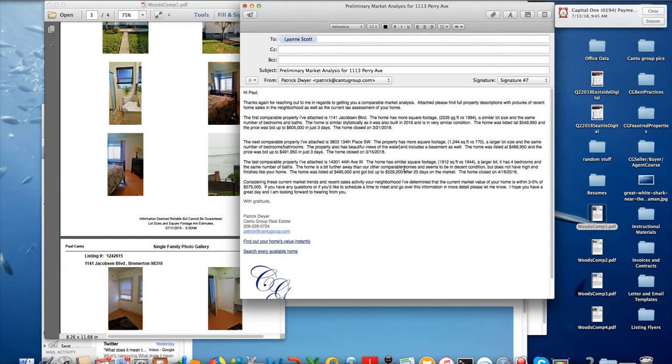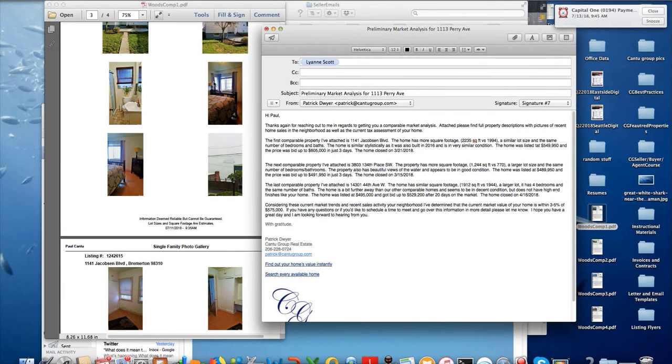I also like to talk about the condition. So the home also has beautiful views. Instead of talking about the basement, it appears to be in good condition, because condition really makes a humongous difference. And then in the last sentence, I just talk about